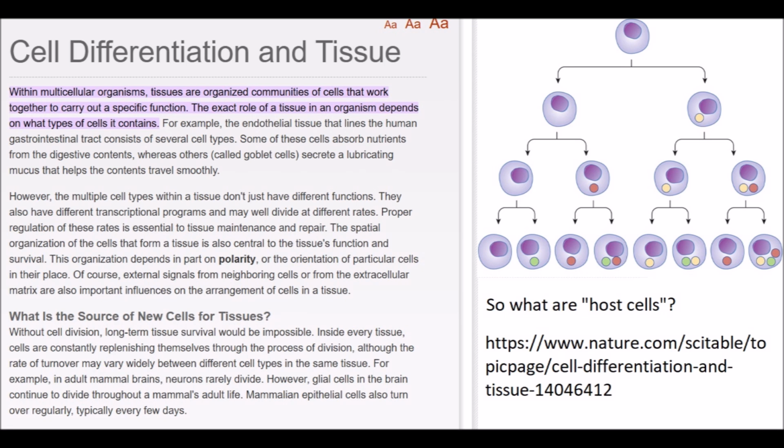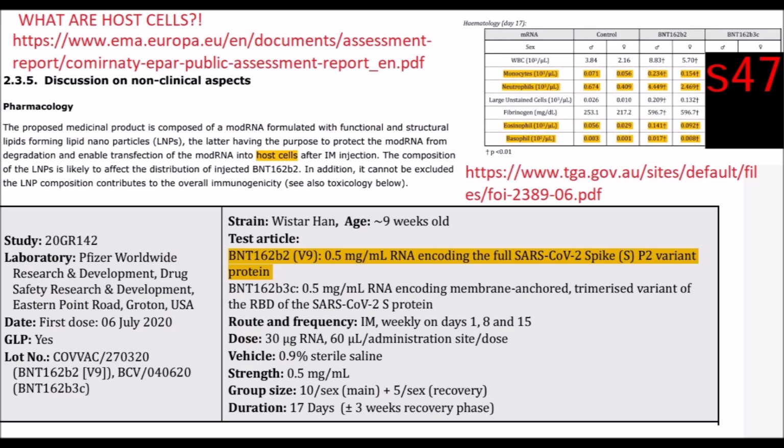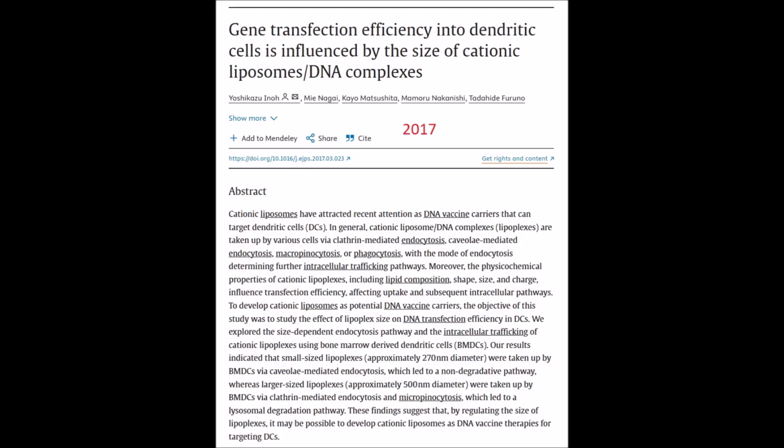The next problem, which is frighteningly apparent, is the problem of the host cell, trademarked by Pfizer. It is very difficult to track the transfection efficiency and most likely target cells, as it depends on the pKa value and the zeta potential. So I have picked out some examples of studies where it has been clearly shown that both endothelial and epithelial